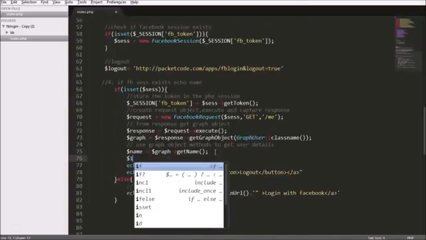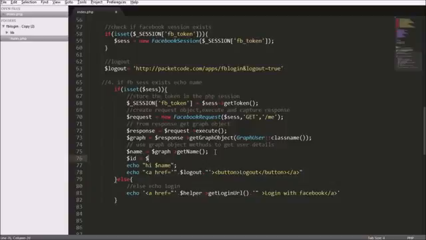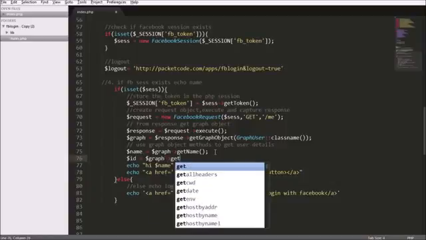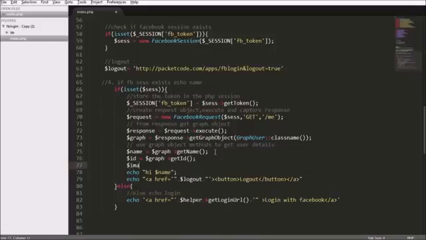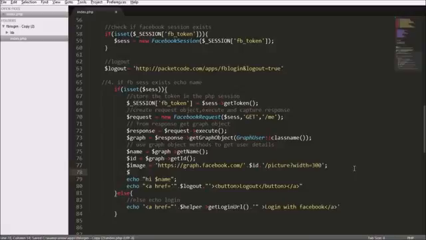Yeah. And finally, let me also show you how to grab the user email and profile picture. Getting the user picture is very easy. We just need to use graph.facebook.com/the user ID followed by picture. The URL returns the user picture. We can optionally send the width, so let me grab the picture of size 300 pixels. And to access the email, this needs